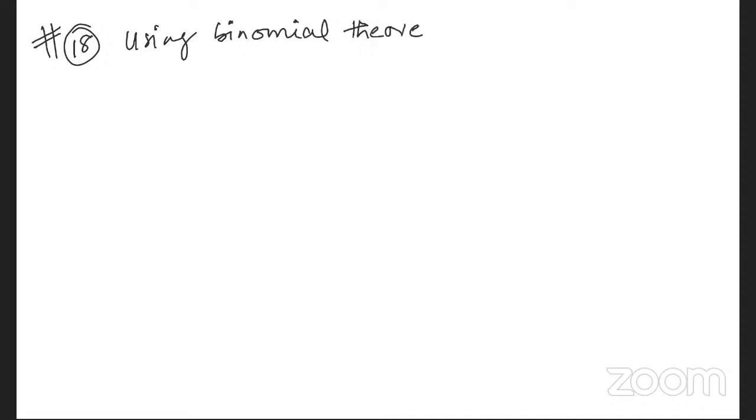Problem number 18. Using binomial theorem, one more type of problem. Using binomial theorem, prove that